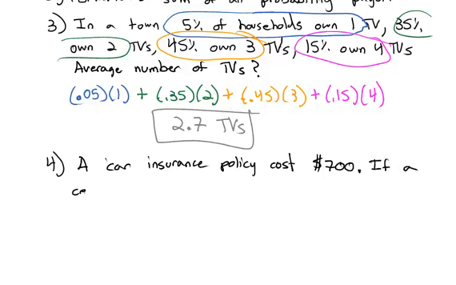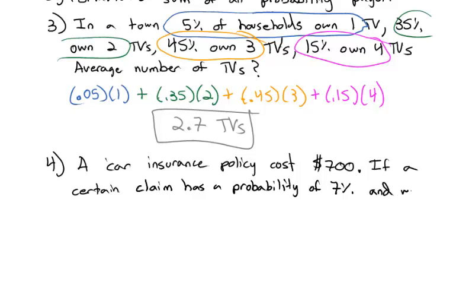If a certain accident, or a certain claim I should say, has a probability of 7% and will pay $8,500,